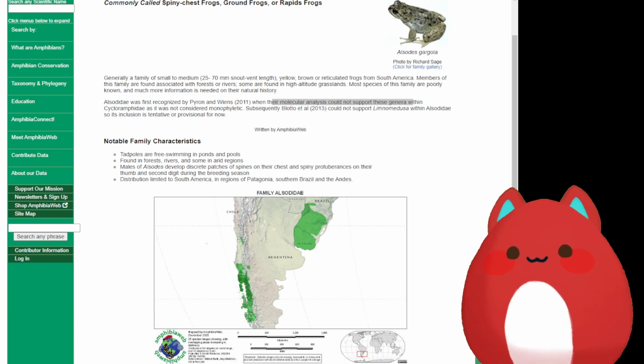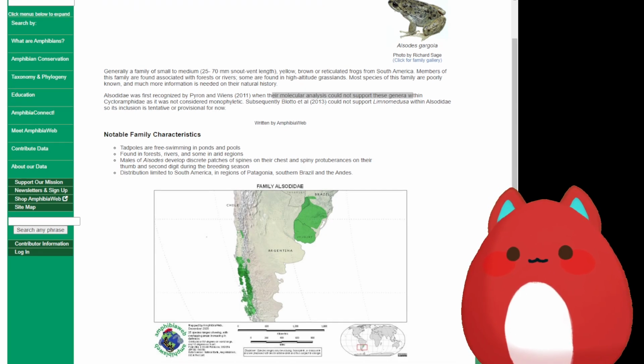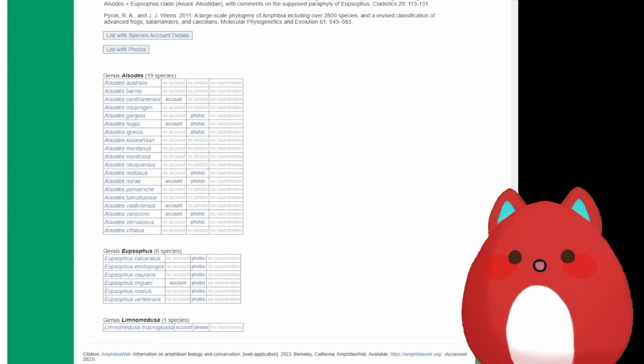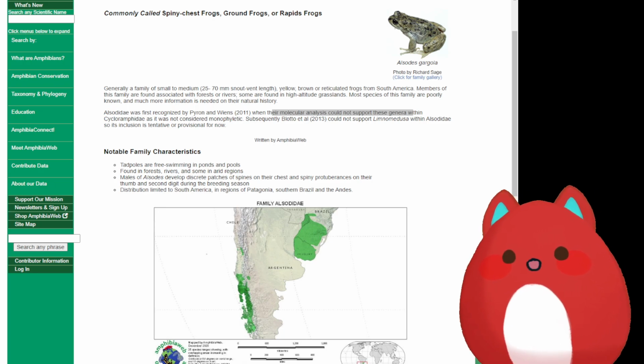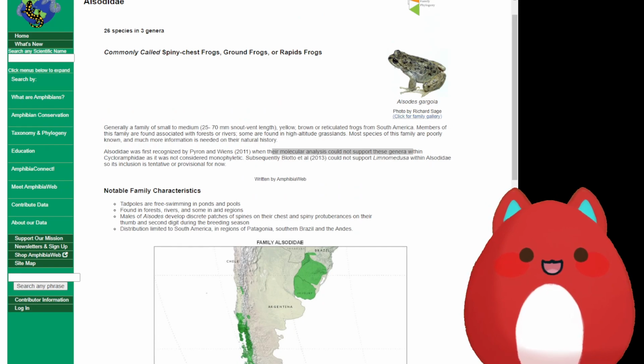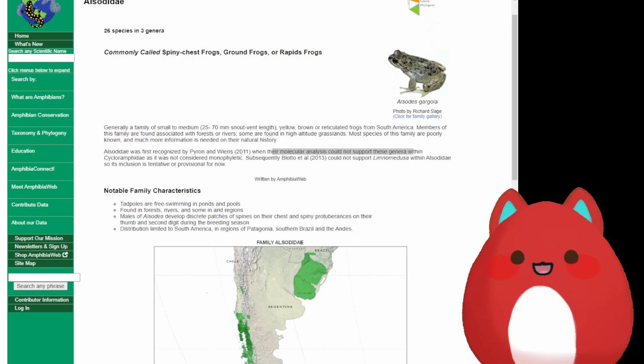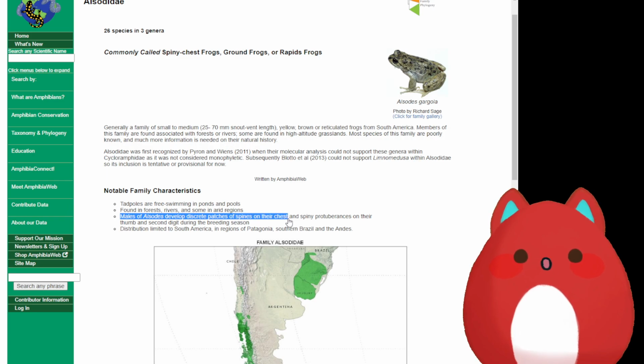So that's quite interesting. I'd be interested to see what the wiki has to say about these frogs, because this only really provides me with, what do you call it, with like their family characteristics and like where they live. It also provides me an image. You can look at the family gallery. Tadpoles are free swimming in ponds and pools, found in forests, rivers, and some arid regions. Males develop discrete patches of spines on their chest and spiny